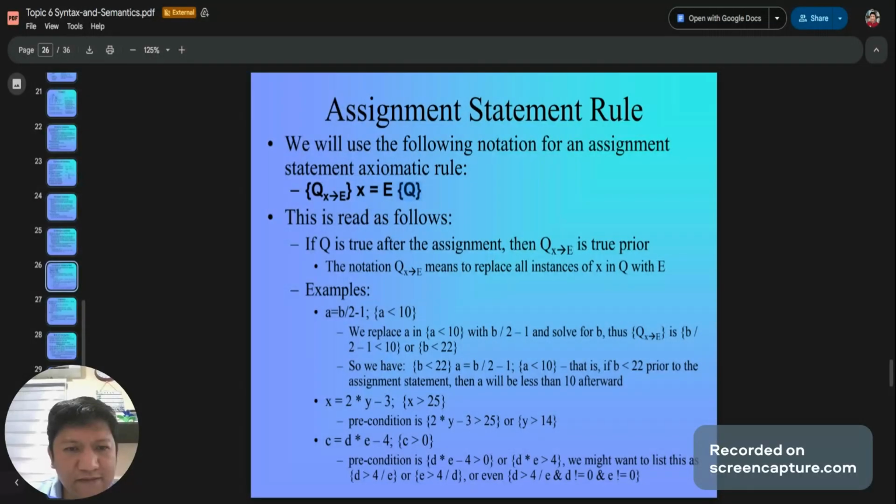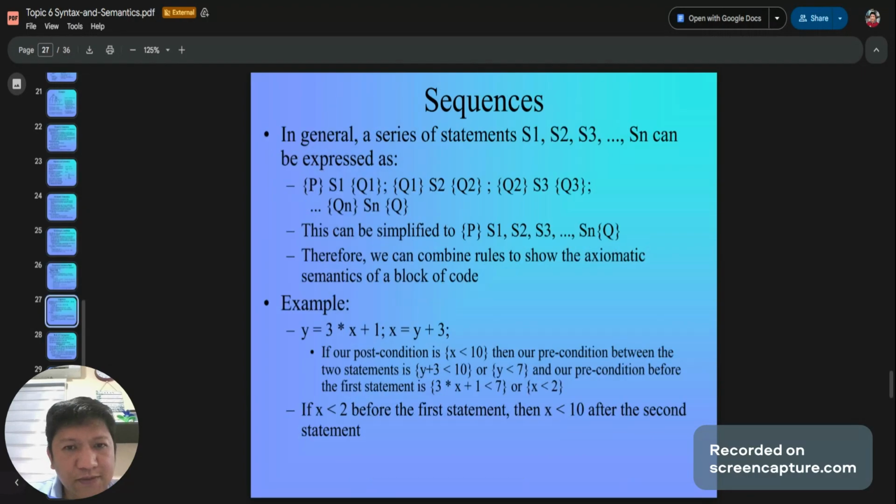Reads as if Q is true after the assignment, then Q with x replaced by E is true prior. The notation means to replace all instances of x in Q with E. Okay. You just perform those rules.